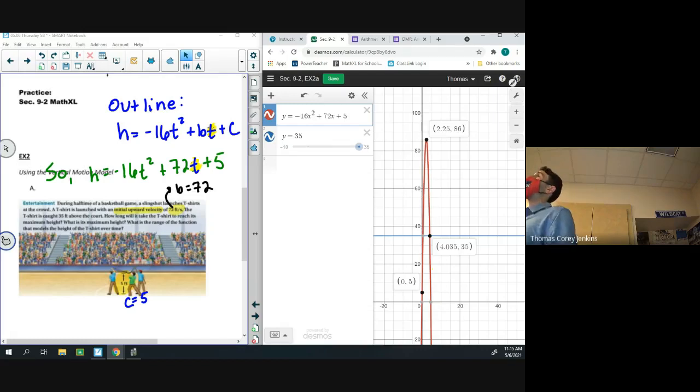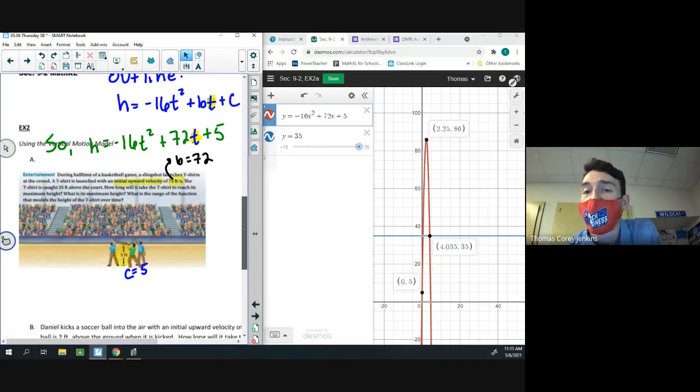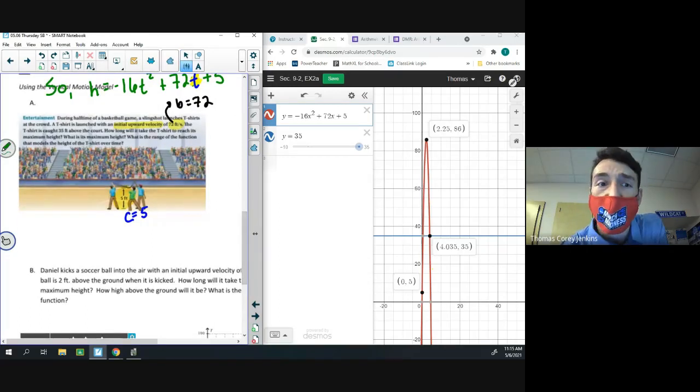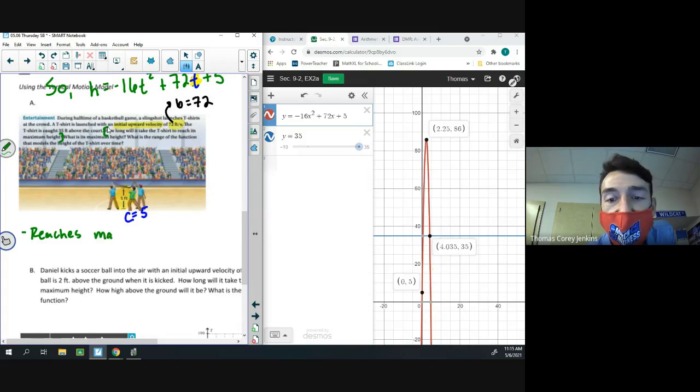Again, we have the advantage over the other classes because they're not using Desmos, so we should be able to get really exact answers because we have a graphing calculator, right? So let's analyze. We'll just go question by question. First question is, how long till it reaches its max height? All right, so let's just say it reaches max height after